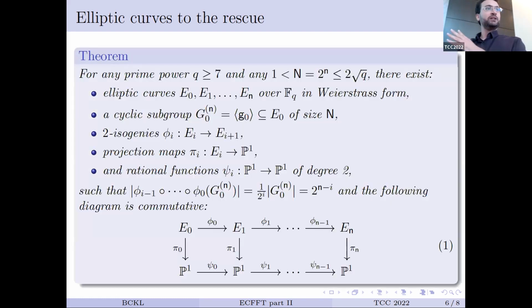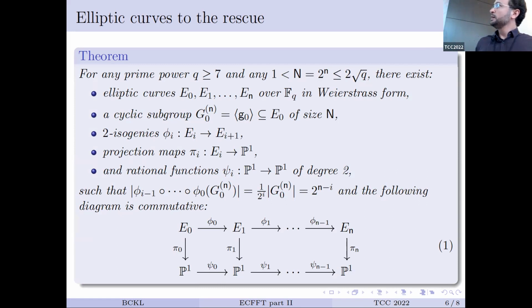So we get this very big theorem. By big, I mean it fills up the entire screen. It says that for any field of size at least 7, we can find some elliptic curve that will have a large cyclic subgroup of size which is a power of 2, and it can go up to at least the square root of the size of the field. For special fields, it can be even higher than that, depending on what power of 2 you can find in the table that we saw.